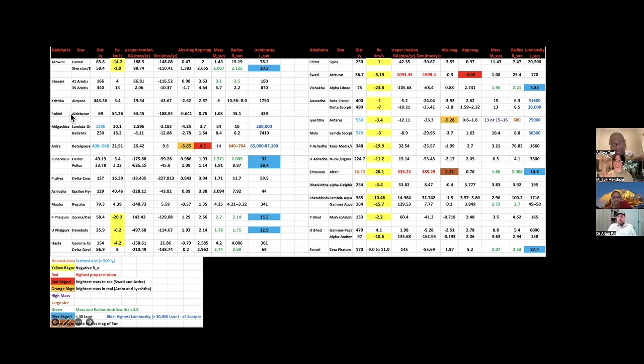Aldebaran, Rohini, is also red, but it's not in the same state as Jyeshtha or Betelgeuse. Jyeshtha is cool because it's dying, so it has expanded and become cool. That's a death-stage cool. But Rohini itself is cool, so that's why it looks red. So both look red, but the red comes from a different effect.